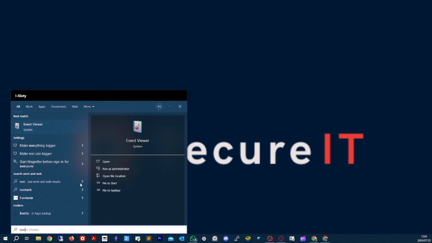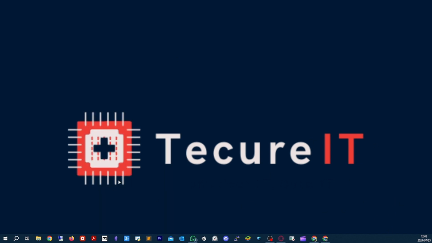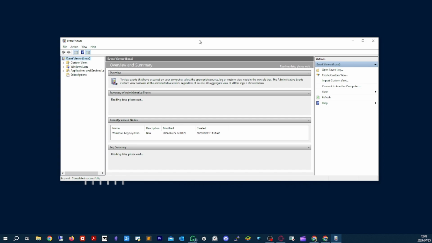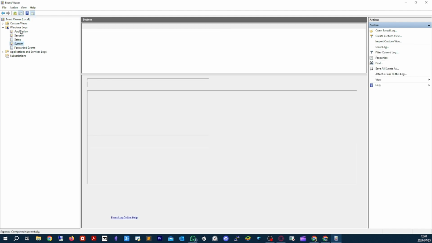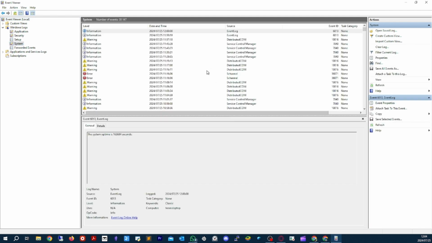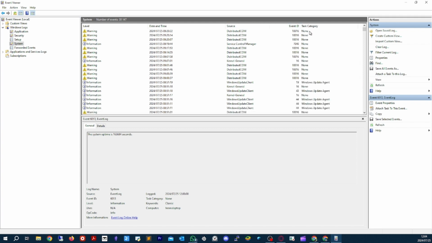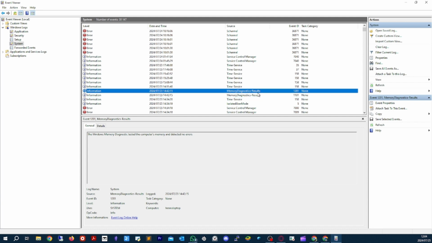To get your results, after you restart you get a notification, or you can just go to Event Viewer. Once you're in Event Viewer, you can go to Windows Logs, and System. Here you want to scroll down, let's make this a bit smaller, until you see Windows Memory Diagnostic Results. I did it 2 days back,